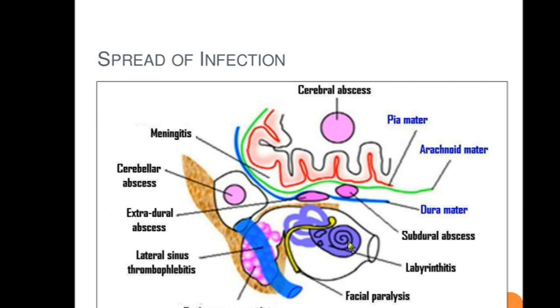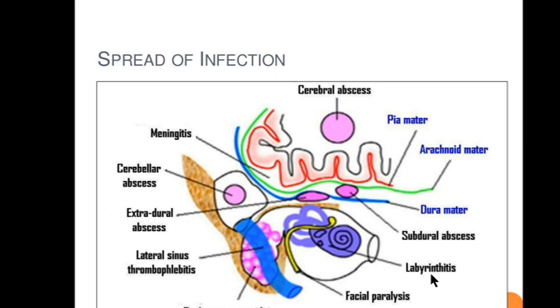And what are the structures nearby? Important structures, I told you, the sinus plate and the dural plate. So the middle cranial fossa dura is here. Can you see the dura mater? The sigmoid sinus behind. Then the brain immediately sitting over it. So this is the middle cranial fossa with the brain. Here what will be there? The cerebellum. Okay, cerebellum is here. So once you remember what are the adjacent structures, you can easily write the complications.